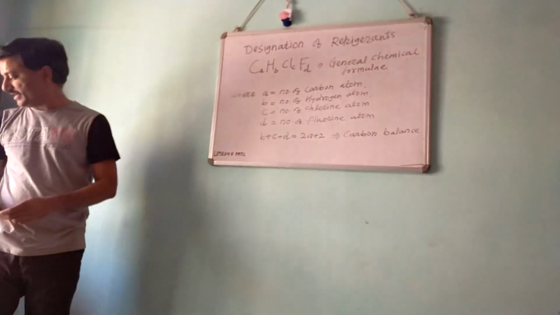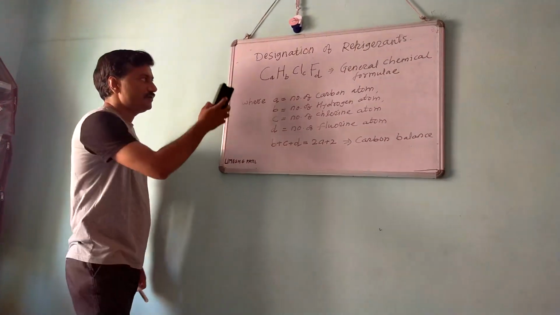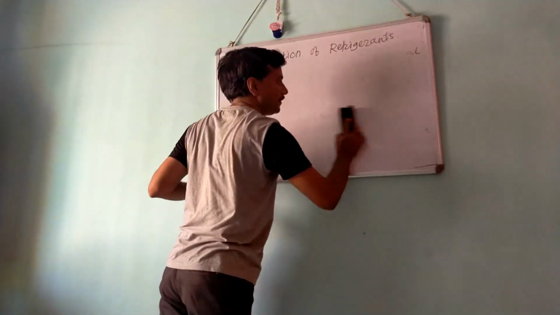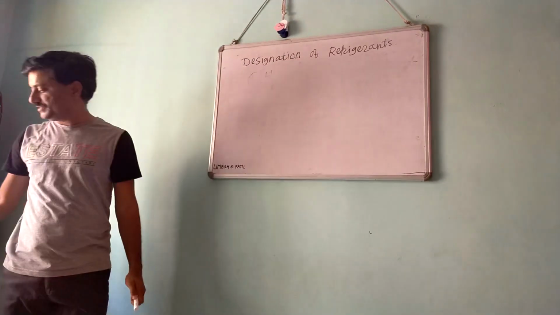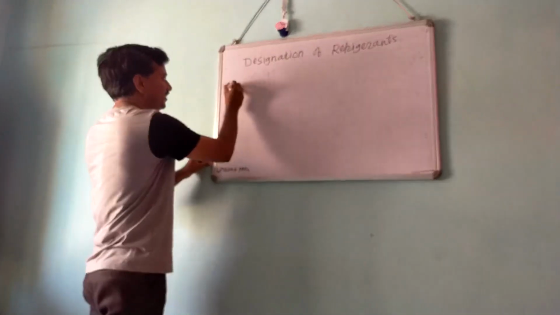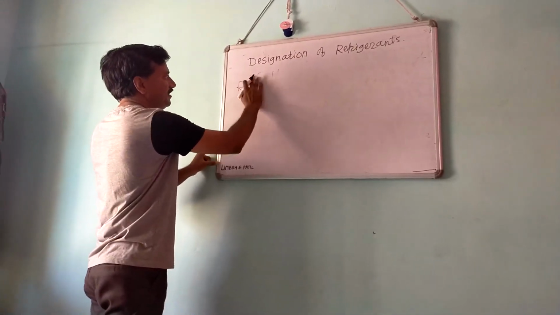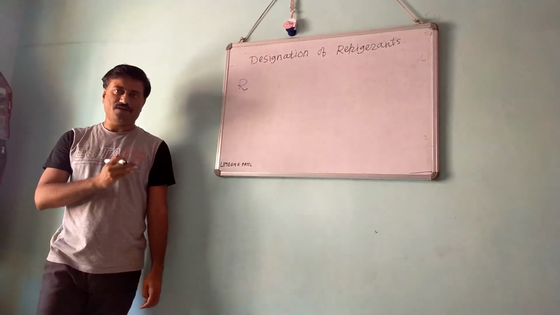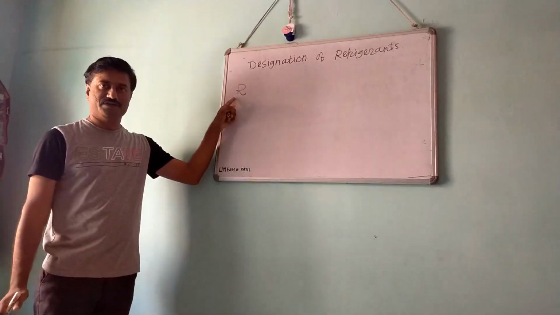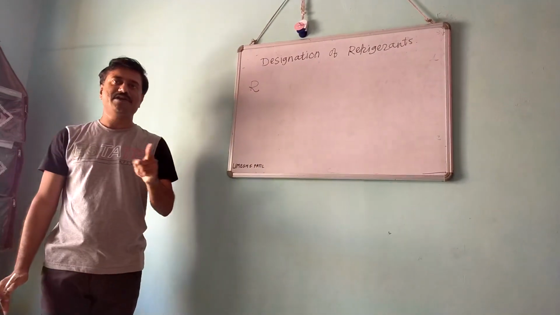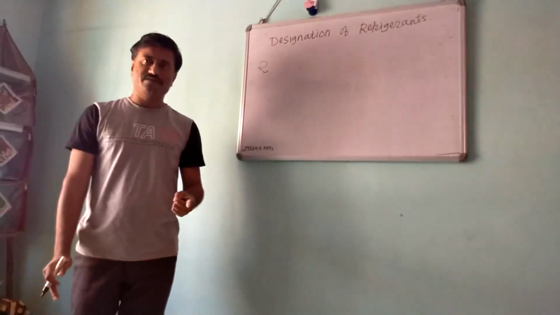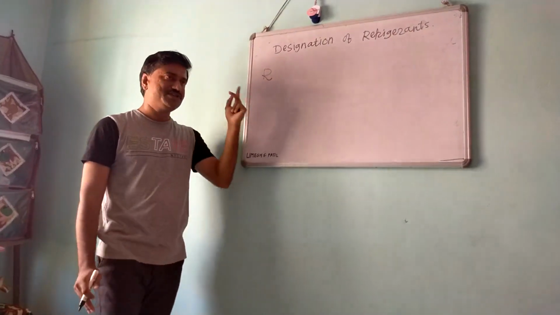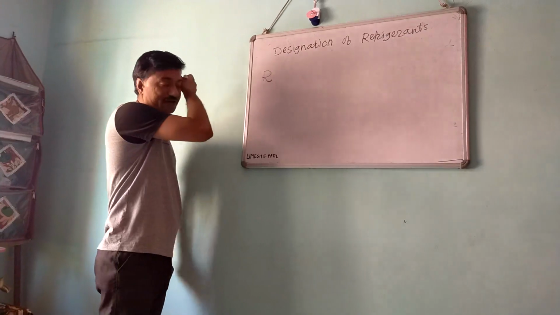Now let's see how the designation is given for hydrocarbon and halocarbon. Universally, all the refrigerants are designated with the letter capital R, and there are certain numbers in front of this R. R stands for refrigerant. Any type of refrigerant, it may be halocarbon, hydrocarbon, inorganic refrigerant, or azeotropic mixture, its designation starts with capital letter R, and there are certain numbers, and those numbers particularly for